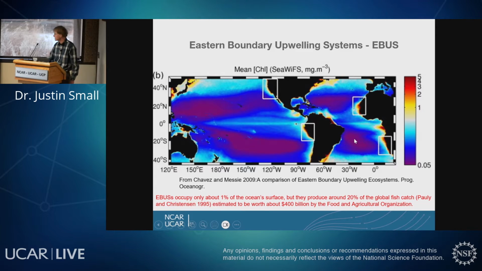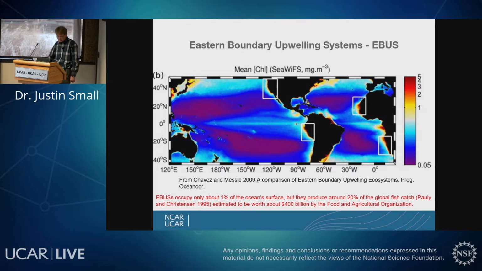You can see that they're regions of high productivity and high chlorophyll. This is from a review paper by Chavez and Messié in 2009. These EBUS only occupy a very small fraction of the ocean surface, maybe about 1%.